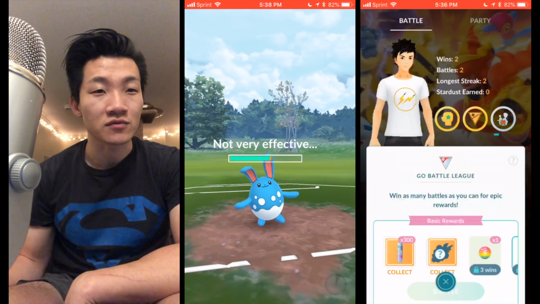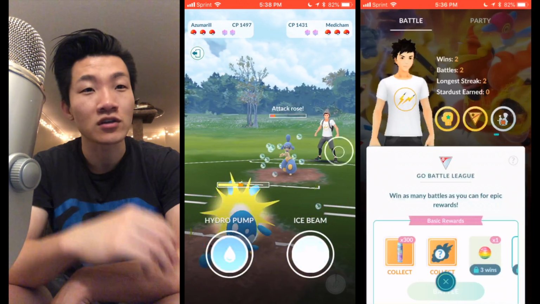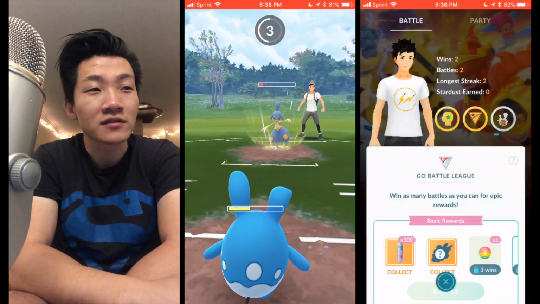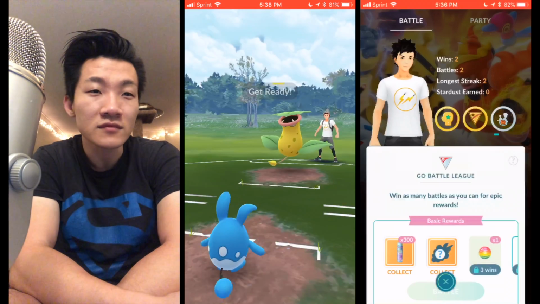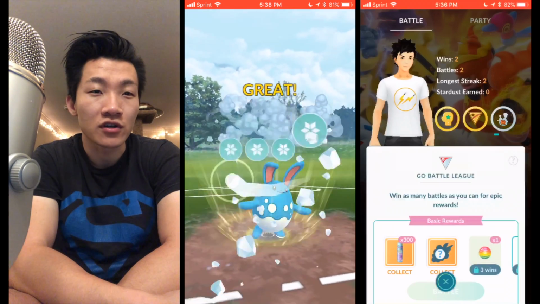Ice Punch will also be resisted, so there's really no need there. And then right here, I'm just going to pretty much farm down this Medicham. So I'm feeling pretty comfortable right now. I know he has a Victory Bell in the back, and so I'm just going to go for Ice Beam,